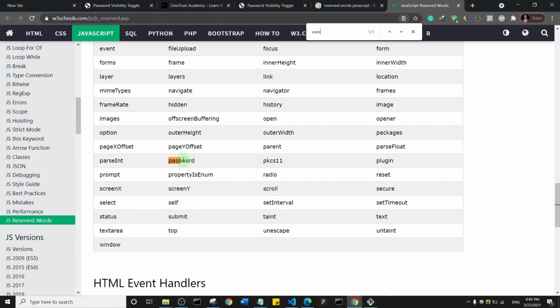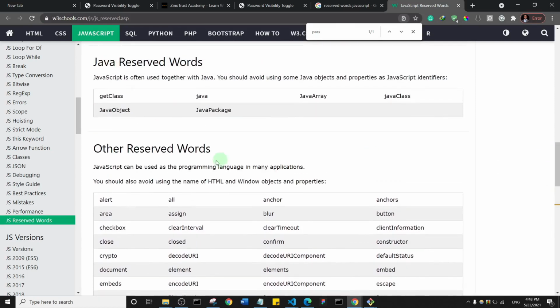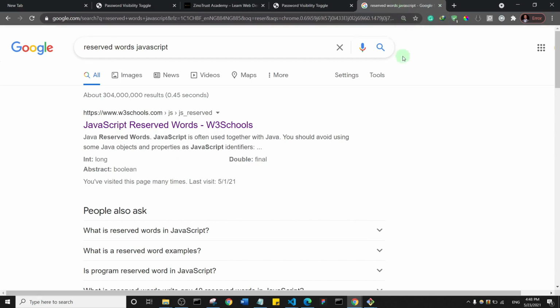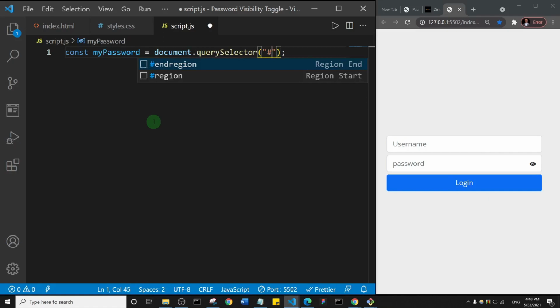Okay, so password is actually a reserved word in JavaScript, at least from this W3Schools list of reserved words. But it will still work, right, if you use it, just that you may run into problems. So I'll just say myPassword, is equal to, and it's going to target the input with an ID of